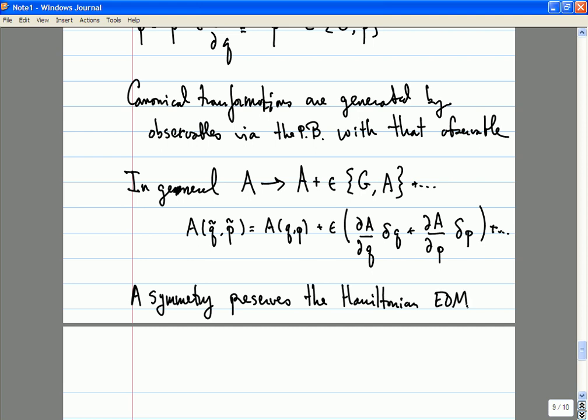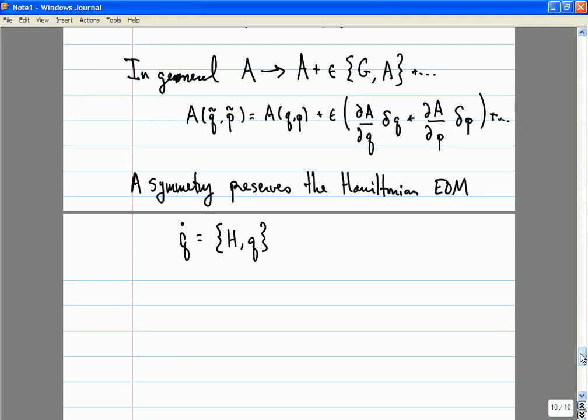So remember that Hamilton's equations tell us that q dot is dH by dp, otherwise known as the Poisson bracket of H with q. And more generally, if you have some other observable, say Q tilde, our new dynamical variable, that is going to be the Poisson bracket of H with Q tilde,